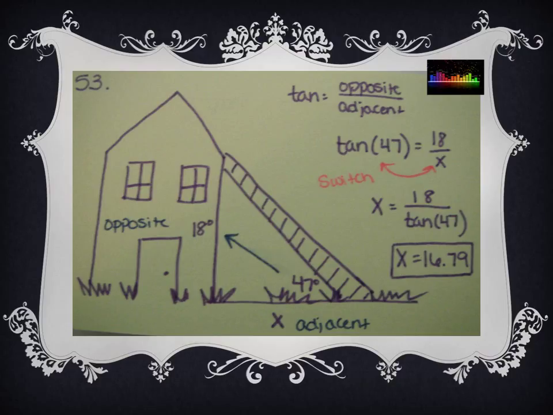So we take tangent of our angle, which is 47, and set it equal to the opposite side, which is 18, over the adjacent side, which is x. When we multiply x on both sides and then divide by tangent 47, we end up just switching tangent 47 and x to get x equals